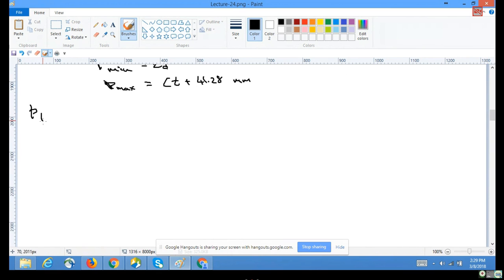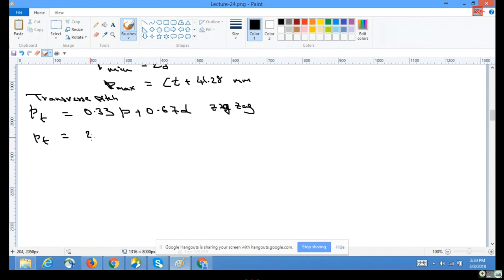The transverse pitch PT is given such that pitch for the zigzag, and it is equal to 2D for chain, and this PT is equal to 0.2P plus 1.15D between the outer row and the next row,